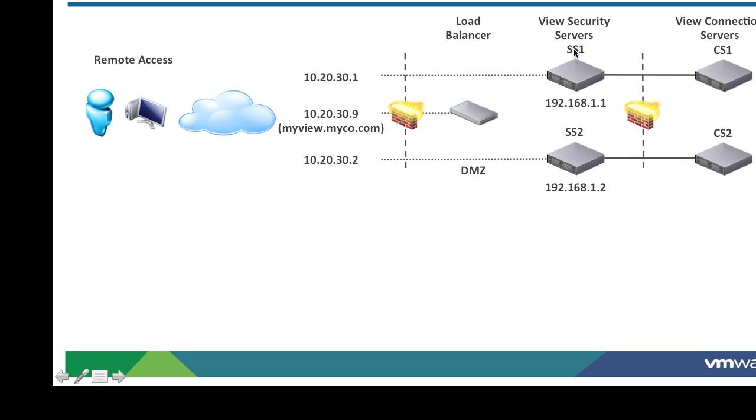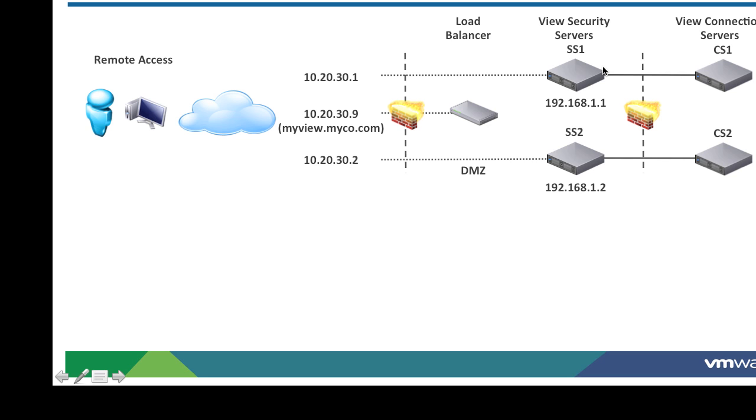It would have mentioned SS1 for the external URL, and it would have mentioned the local IP address for the PCoIP external URL, and neither of those would have been good for the remote View client needing to use those values to access the View environment. They need to use the external URLs for each of these, and so that's basically the external VIPs that are here, 10.20.30.1 and